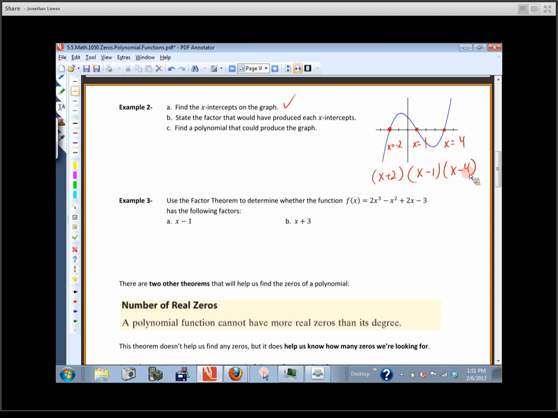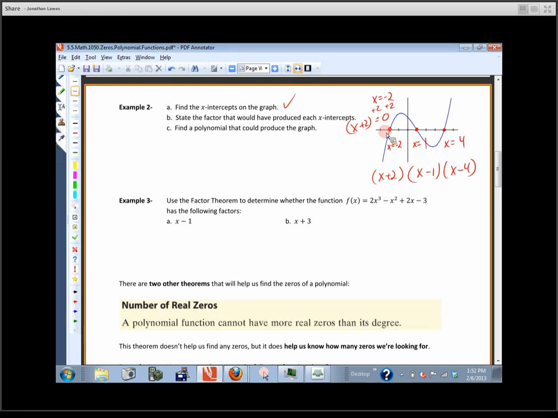Okay, now you don't need to write this down, but I do want you to watch. If x equals -2, this is why we call it a 0. What happens if I move this to the other side? There's my factor that would produce a 0. If I move this to the other side, it would be x minus 1 equals 0. And if I move that to the other side, it would be x minus 4 equals 0. See why we call them zeros? Or at least another reason. The other reason is the y-coordinate is 0. It's on the x-axis. The function value is 0. Okay. Is that all right?